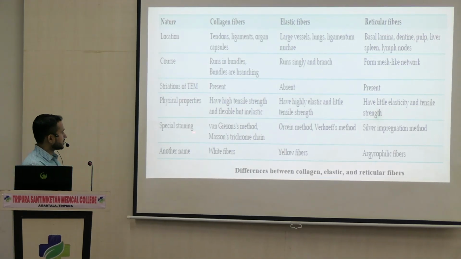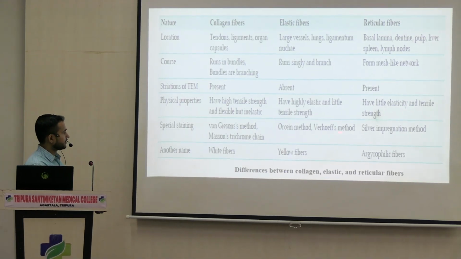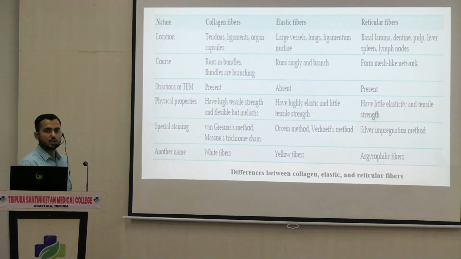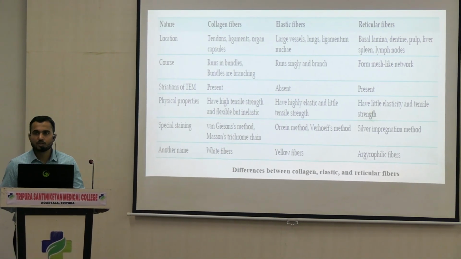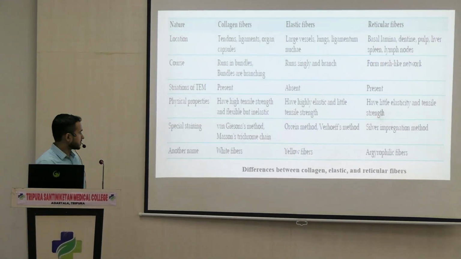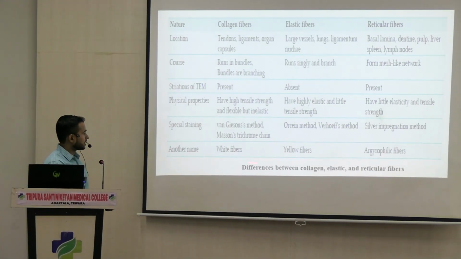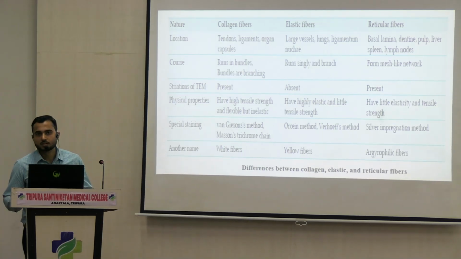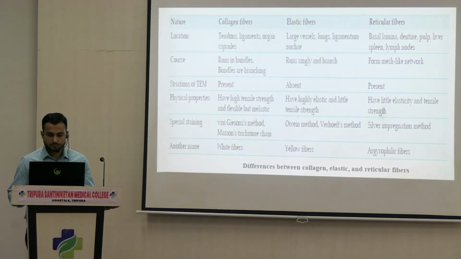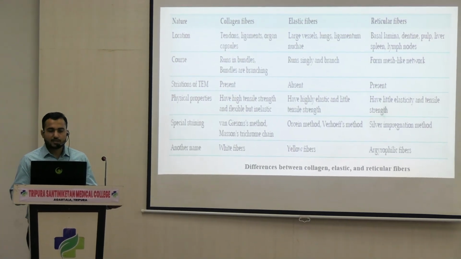Next, you can see the special staining method. Different types of stains can be used in order to see the fibers. H&E stain will not help this time. Next, you can see different names which are given: white fibers, yellow fiber, argentophil fibers or argentophilic fibers. Now the last part which is left,